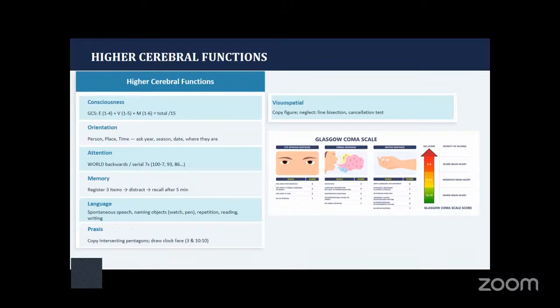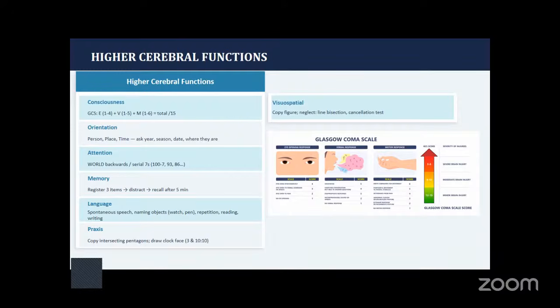Attention, so spelling the word world forward and backward, serial sevens, which is not always easy for every patient. So you want to do something that the patient can do and not have a false positive. Memory,